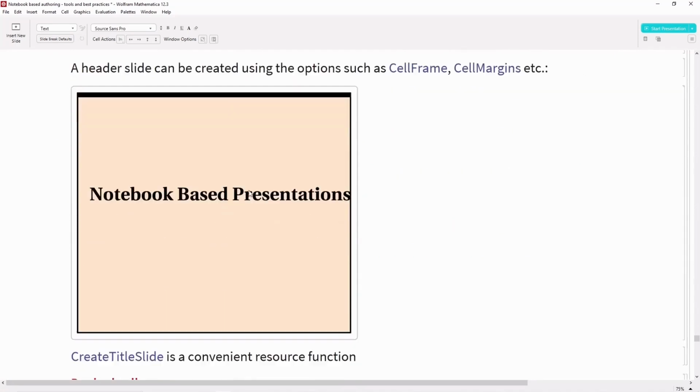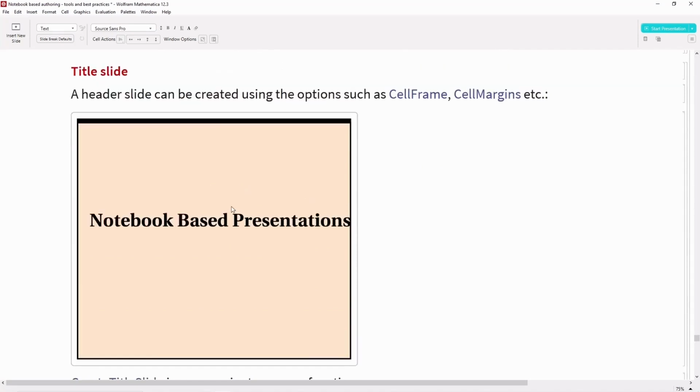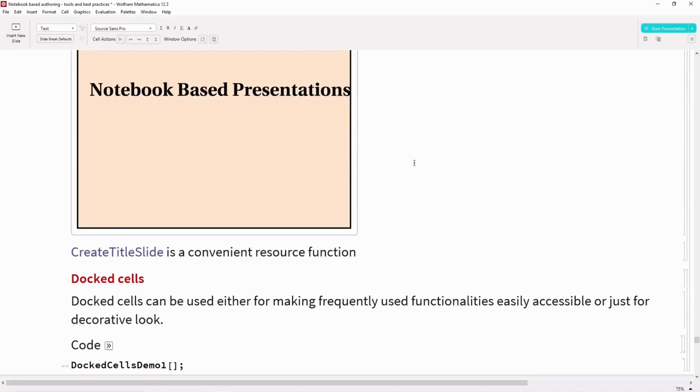So here is an example of how title slides can be created. We can set certain cell frame or cell margin options to emphasize the major topics or major points in our presentation. Create title slide is a convenient resource function for doing that.